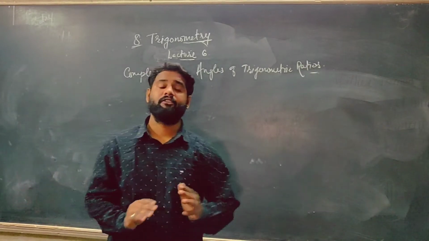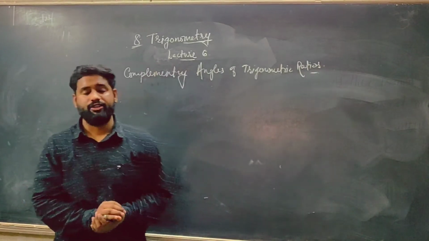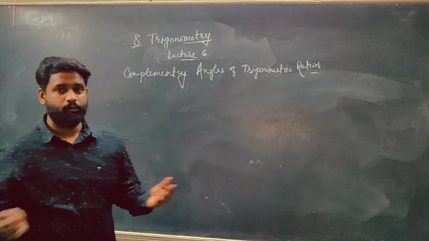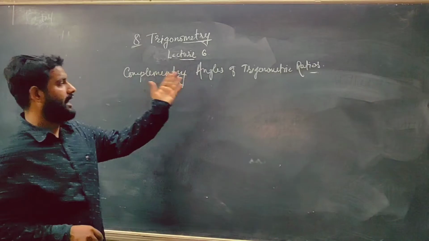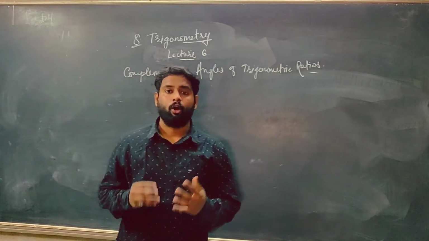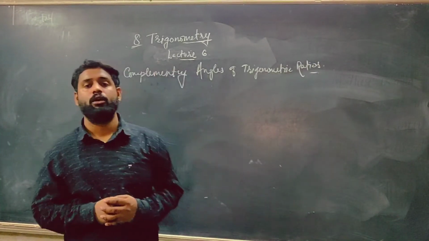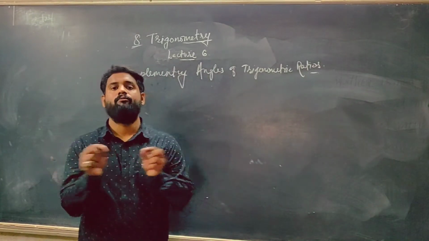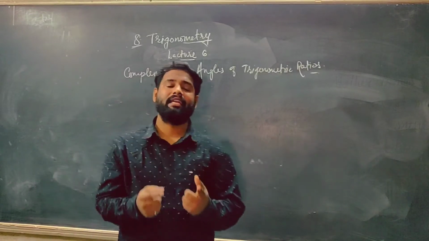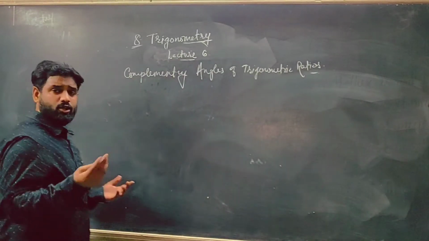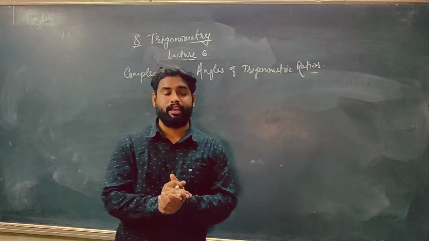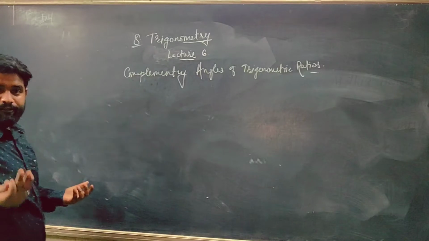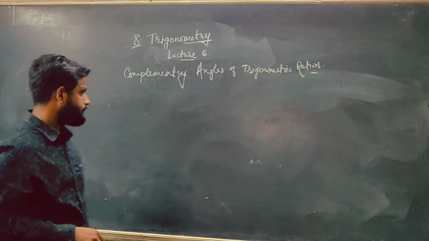I hope whatever we have learned in the previous 5 video lectures, you must have seen that and noted down the important notes. Now let us move towards a new concept, complementary angles. This word is not new for you; it is a very familiar word. You know that two angles are said to be complementary when the sum of both the angles is 90 degrees. And as you all know, we are solving all the trigonometric ratios in terms of a right angle triangle only. So let us understand this concept first, then we'll go towards the exercise.